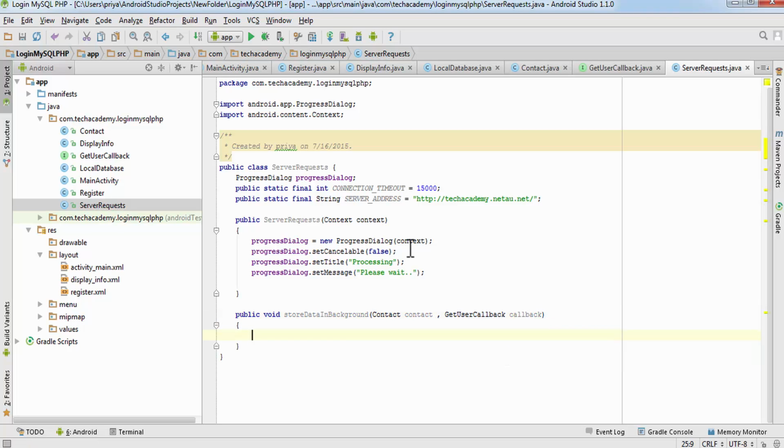So here when it is storing the data on the server in background, it will show processing. So that's when we have to show this progress dialog. So write progress dialog dot show.